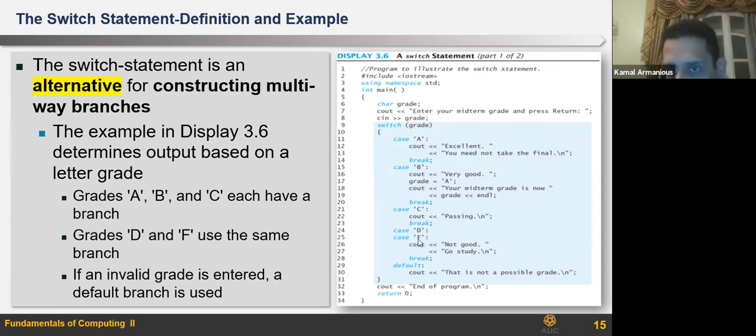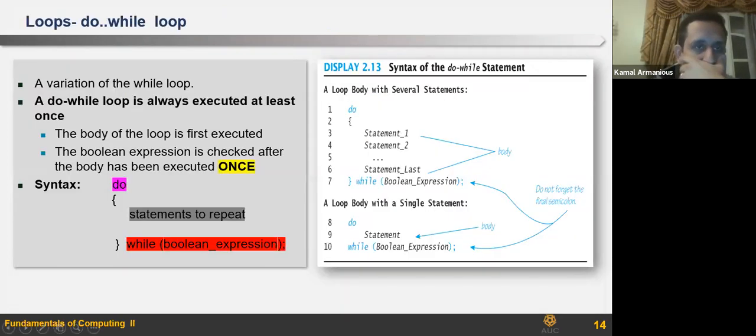If it is D or F, because I don't have statements here between the D and F, then I do those statements before the break. If it's not A, B, C, D, F, I will do what's so-called a default. So I will print out this is not a possible grade. So this is basic. Okay.